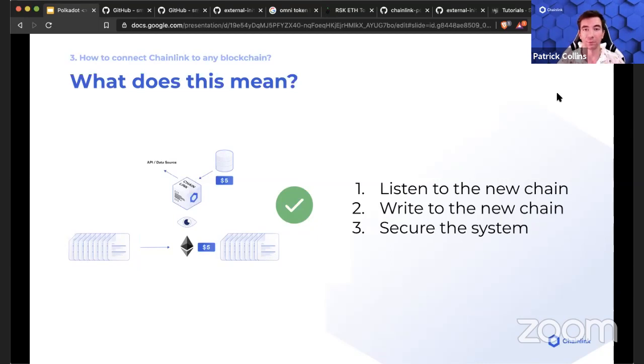And so once it reads whatever metadata is needed for it to go get a node, and again, that metadata is defined in these external initiators. Whenever it reads that data, it's going to go and do whatever it needs to do as defined in the job, and then it's going to post it back on chain through the external adapter,